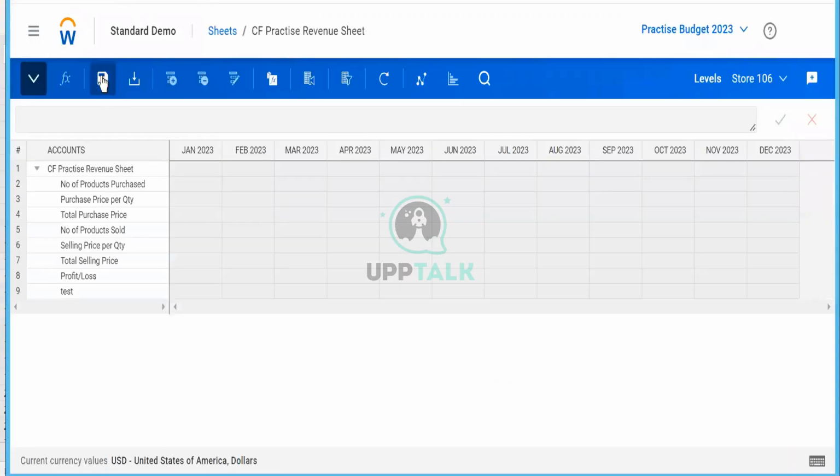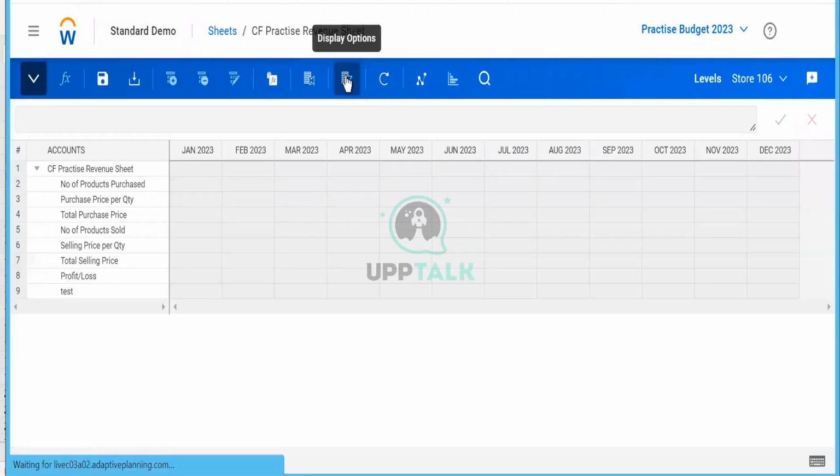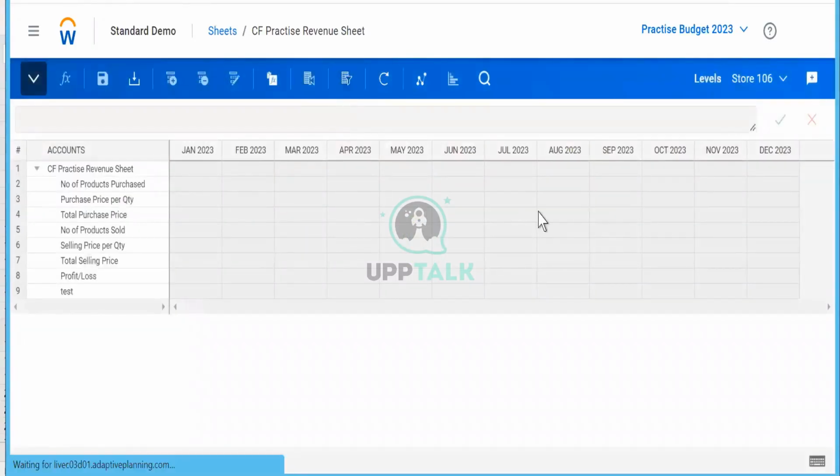How did I do that? I'll just show you. There is a display options feature here. Utilizing that feature, I limit it only to January to December. I remove the quarter. We are still not able to do edit entry.